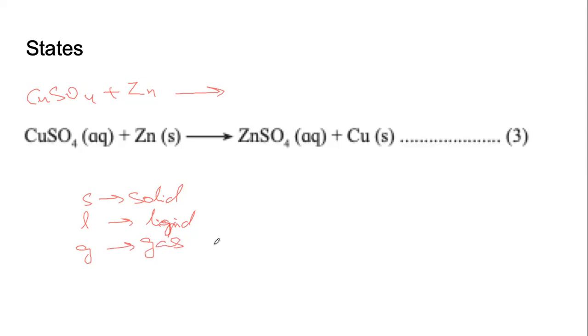No rocket science. But the interesting thing is, sometimes an arrow will be written like this. This has the same meaning as gas. Sometimes an arrow will be written like this. It means solid, a solid which is a precipitate, which settles at the bottom. So in this case, we can also write CuS. And these arrows are not written in brackets. And whenever we say solution, solution is aqueous solution. So AQ.